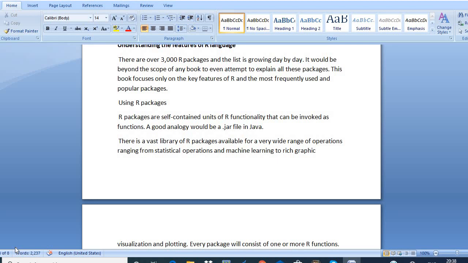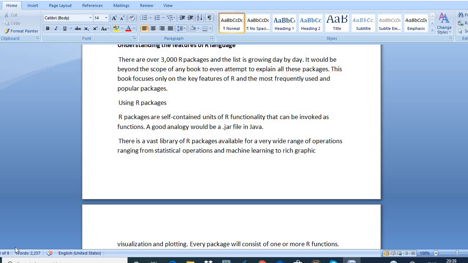So an R package is basically a function. These functions can be called if we want to perform any operations.